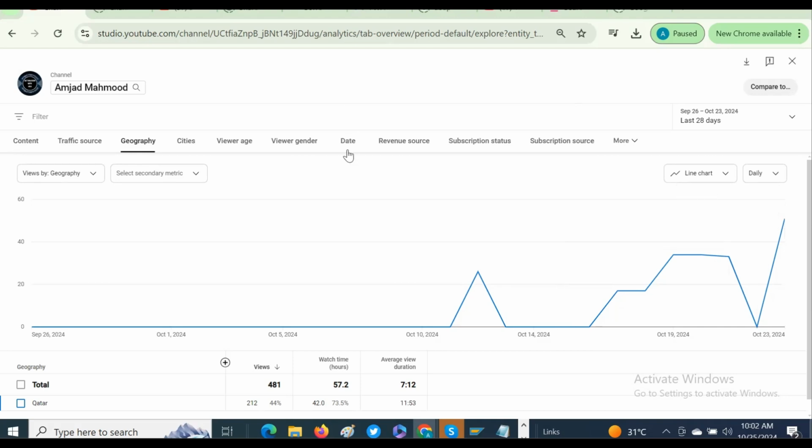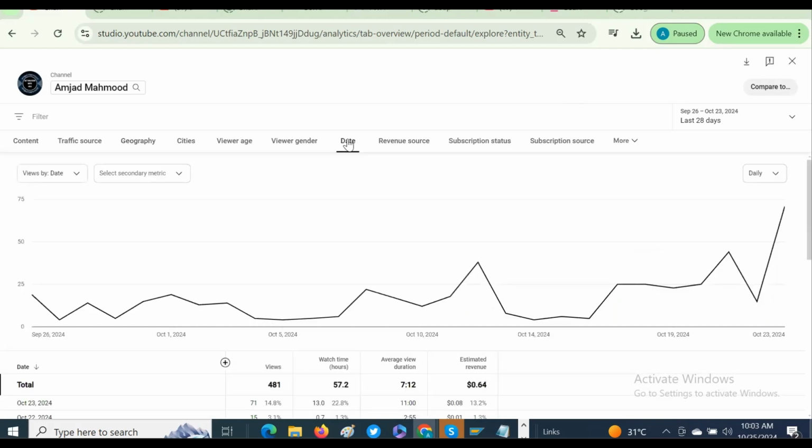Now in the date you can see that on this day, this has increased. On the 23rd, 71 views, and 8 cents estimated revenue. Right? So this graph is telling you plenty of things about what you can do, and what the current trend is with respect to your channel. So I would be focusing on my SAP videos, increasing their quality, increasing their frequency, and keeping my audience engaged with my videos with interesting stuff. Right.